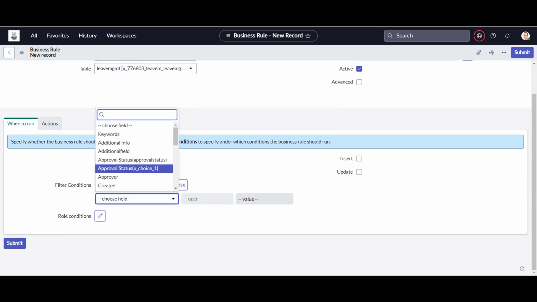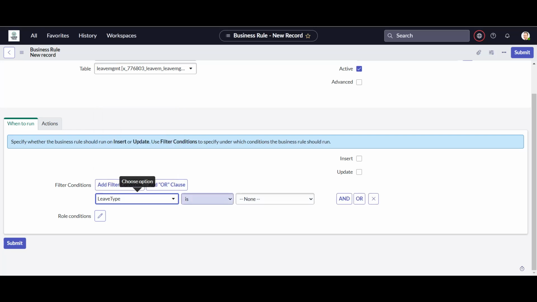So let me select one field. So I have, for example, a field called, where is my field? I have, let me take a field here, leave type. Yes, so let's take an example. If leave type is somehow, let's suppose annual leave, then I need to do some operation. Okay, so then I would say on update,